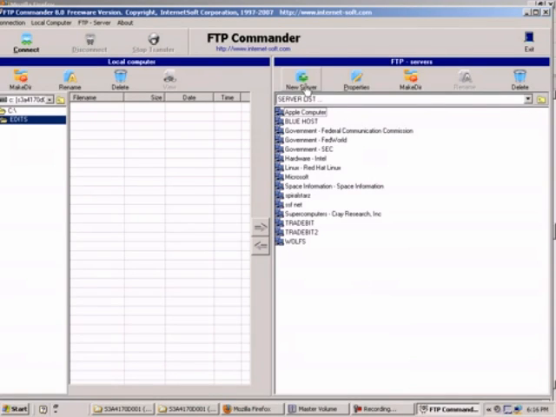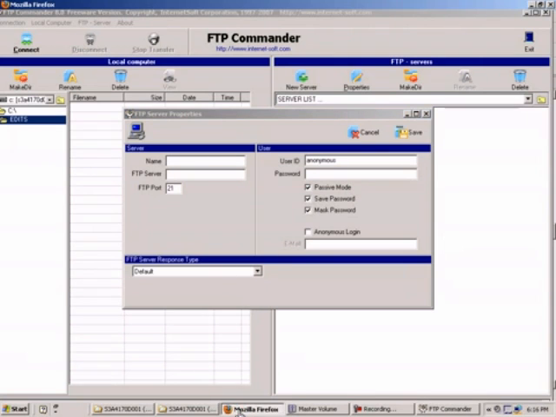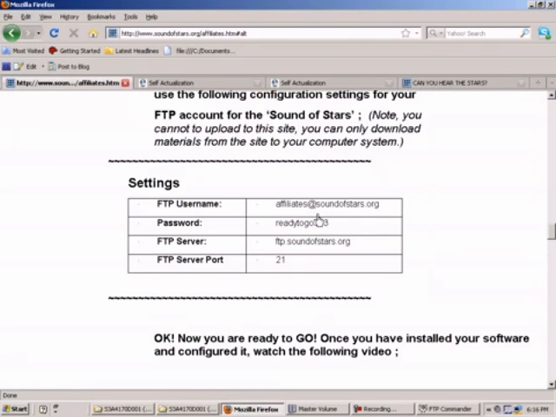So I'm going to click on New Server, and you'll see there's a little window that pops up. Now what we need to do is put information in these fields, and the information that we put in those fields is going to come from our affiliates webpage here. So the affiliate